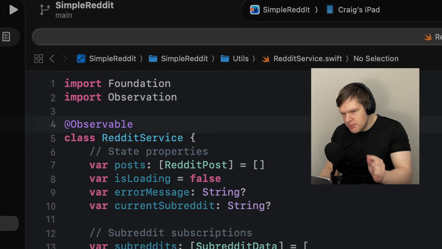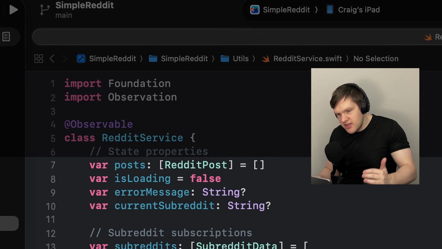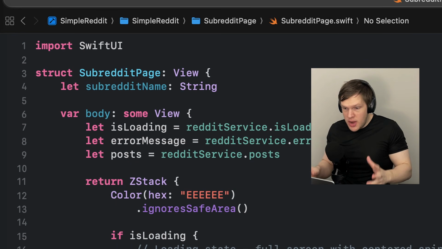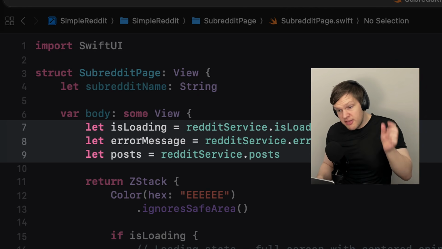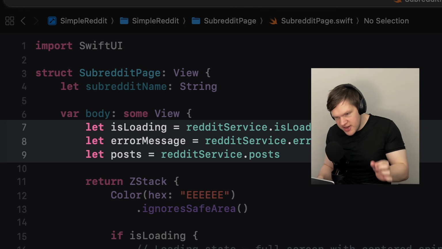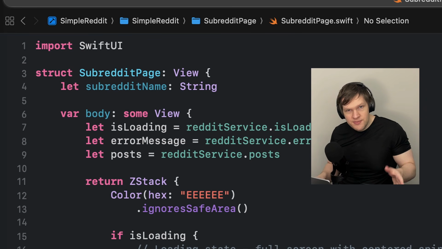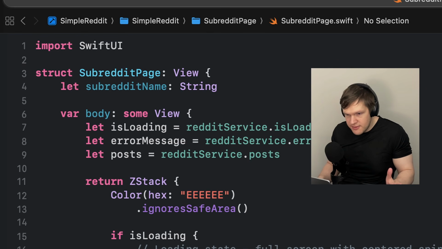So you put this @Observable property wrapper on your class, and this essentially marks all the fields on that class as being state. SwiftUI tracks which state on your observable that you actually use, so it'll only re-render the view when that specific field that you're using changes. So it's kind of idiot-proof. Like, you can't really mess it up. I'm sure someone in the comments will tell me how they messed it up, but it's easily the simplest state management I've seen in a front-end framework.